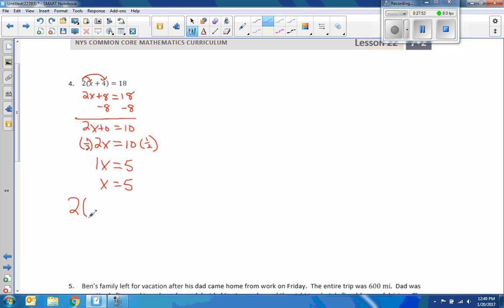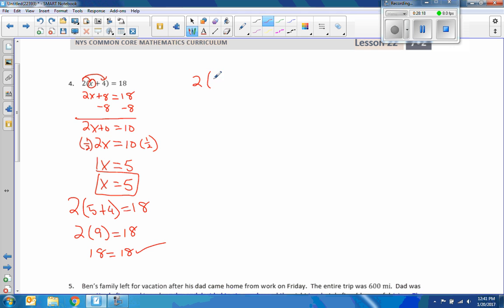So to check that, I would do 5 plus 4. So all I did was plug in this x, 5, my answer. PEMDAS says to do the grouping first, and then 2 times 9 is definitely 18, and my answer checks. So the answer is,